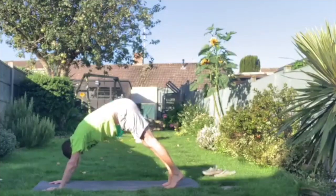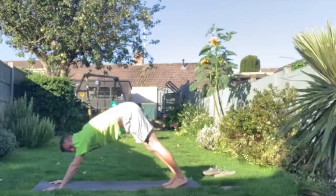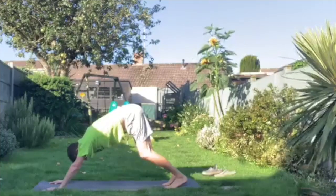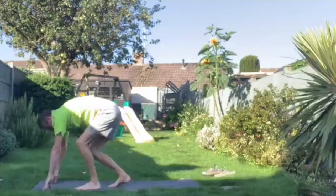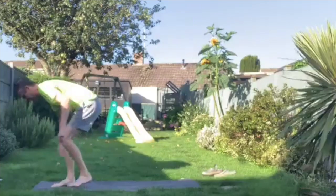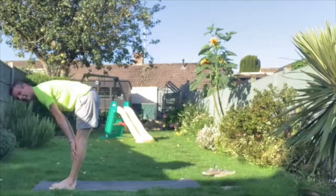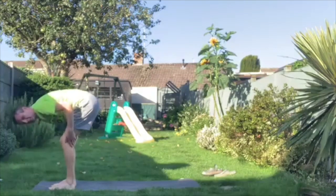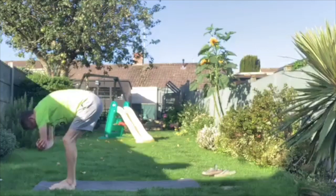And then inhaling to lift the heels and slowly, not important whether they get down towards the floor, just go as far as feels good to you. And again, keep those knees bent if you need to. So walking the feet forward now towards the hands, the top of the short side of the mat, inhaling, lifting the hands up onto the shins, exhaling to fold forward, keeping those knees bent if you need to, wrapping the